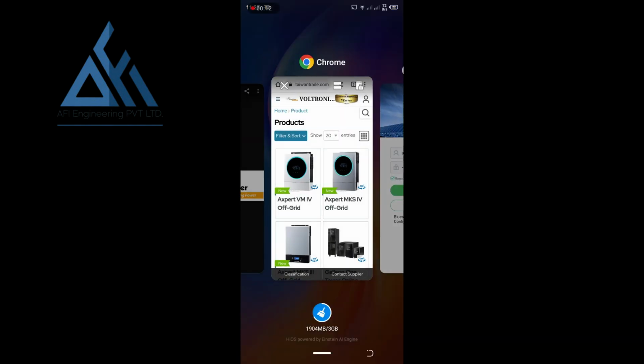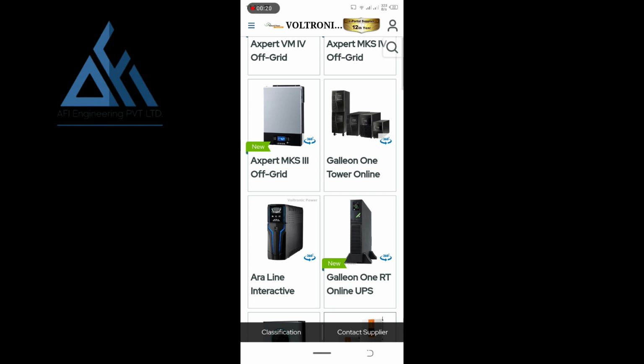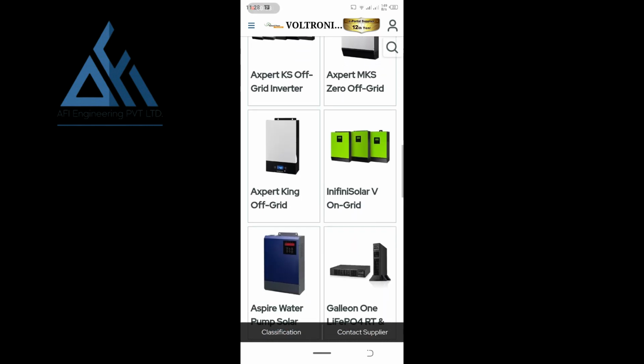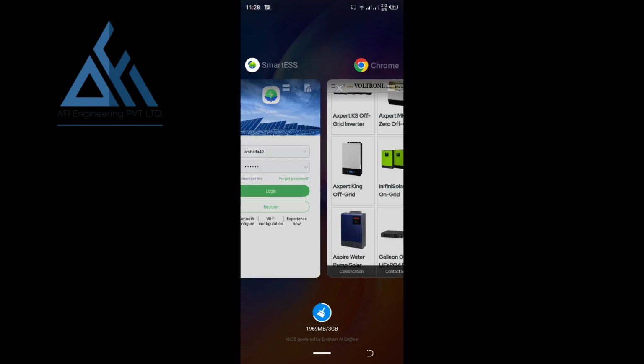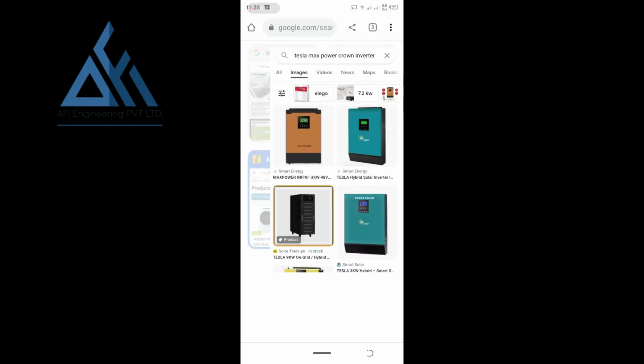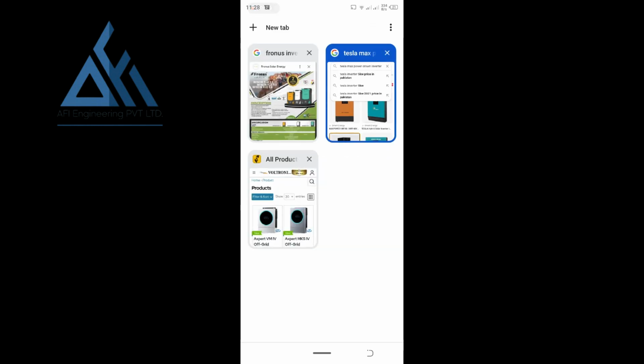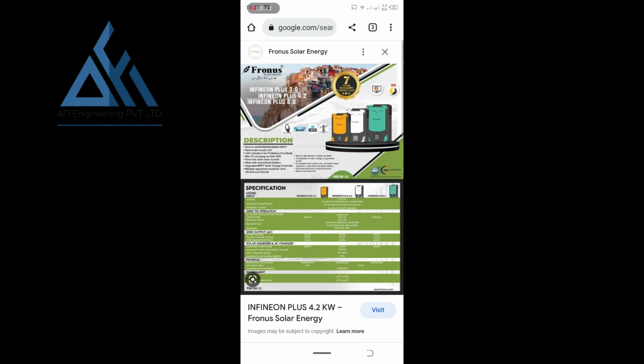Voltronics inverters are offered under different models by companies in Pakistan. The main origin company is Voltronics, which is Taiwan based, but its production is also in China. In Pakistan we have different models under label names like Max Power, Tesla, Solar Max, and Fronas. These are all basically Voltronics origin inverters labeled with different company names. Crown is also one. They are all inbuilt with a